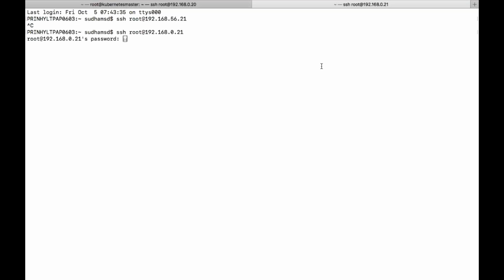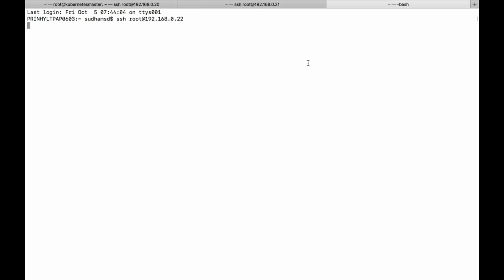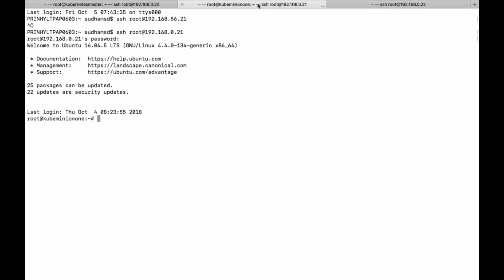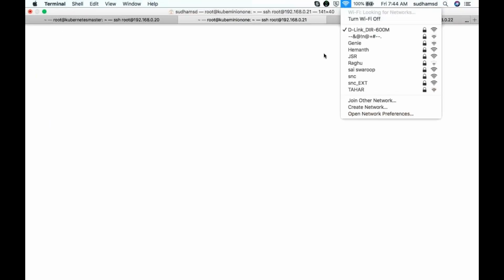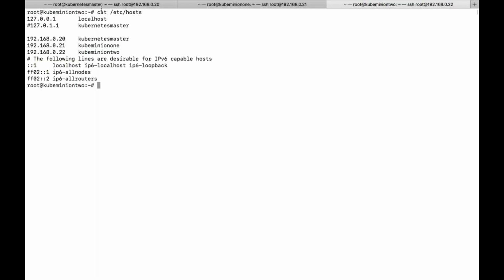This is my worker node, and this is my third machine. So now we can see I have three machines where I have logged in. This is Kube Minion 1, and this is Kube Minion 2. So all the machines are set up and ready. This is Kube Master. So now we need to install the packages on these machines with Kubernetes. Okay, so let's do that.